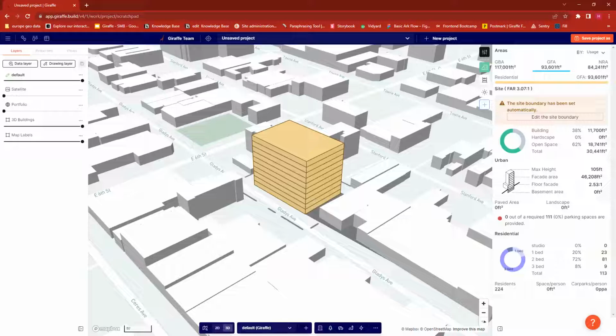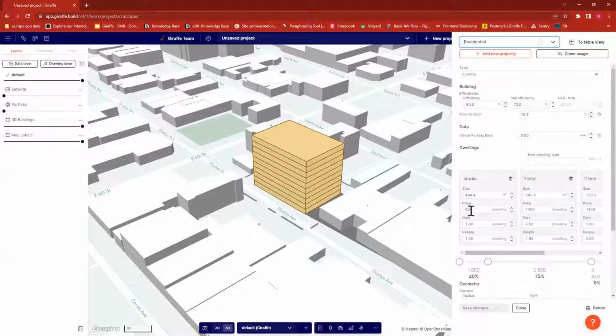Yep, and Mike's just asking, how do you adjust some of the factors applied? That is right where we're going next, so perfect segue. Thanks for that, Mike. So I'm going to show you now how Giraffe came to these conclusions that are shown in the Urban tab. So remember that usages editor that I mentioned before? That's where we're going to set up all of these assumptions. So if I open up usages,